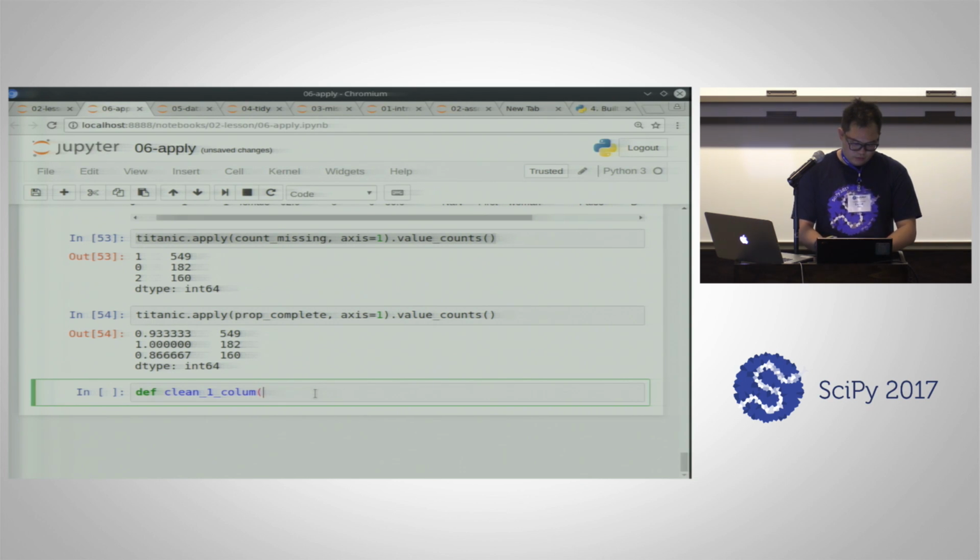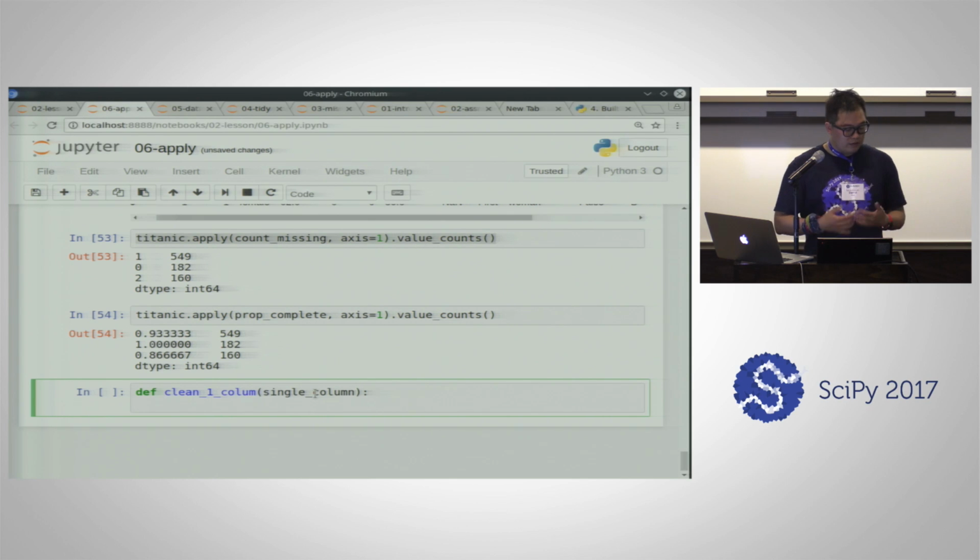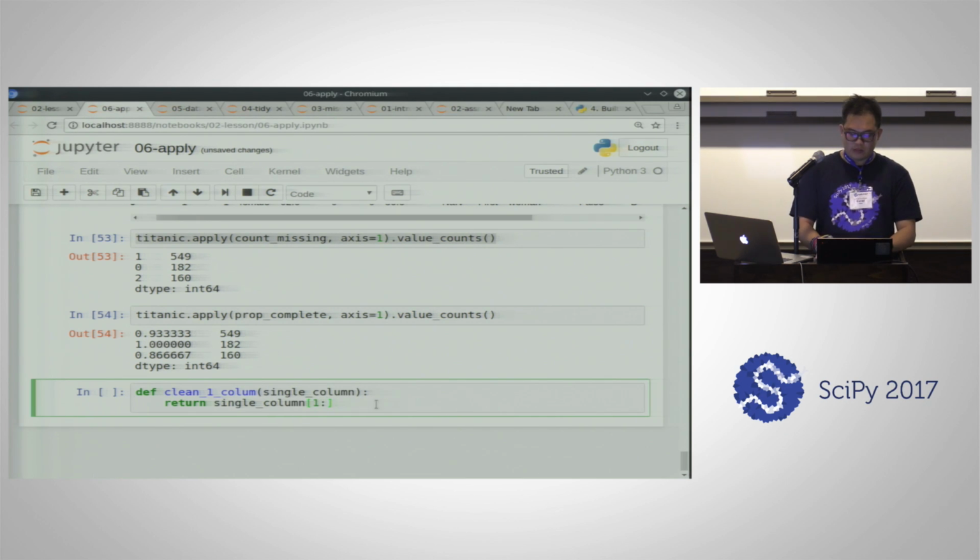Takes a single column. So remember, you can also apply on a series on its own. So you don't have to, if all you care about is cleaning one column, you don't have to write an apply that applies on the entire data frame itself. You can write a function that takes in a single value, and then you'll end up doing something like return single column 1 colon. So this is how we